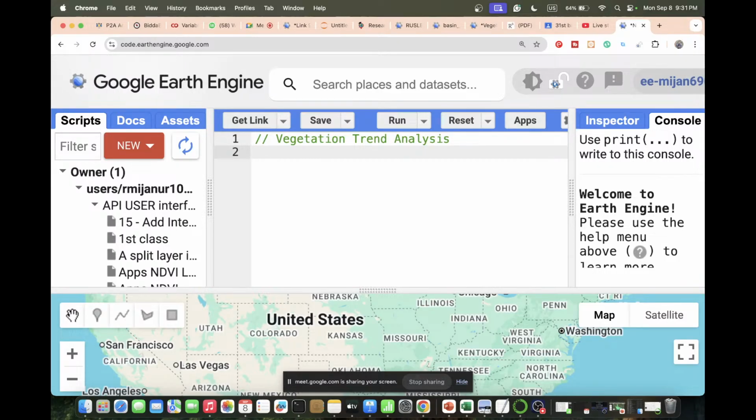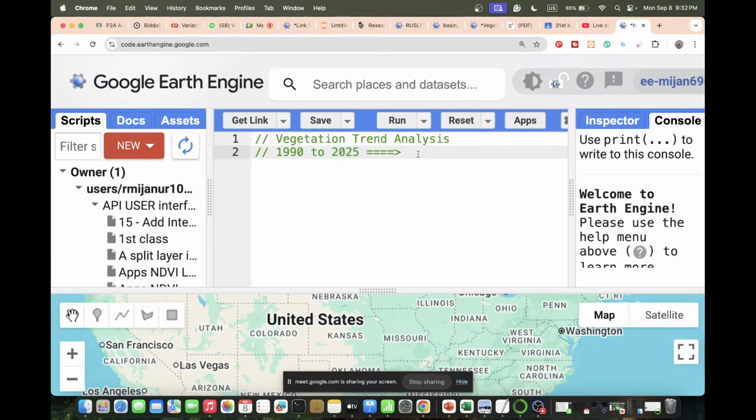Suppose how much time you want to use for the vegetation trend analysis. Suppose I want 1990 to 2025. Okay, so I want to use this data set from 1990 to 2025 and make the vegetation